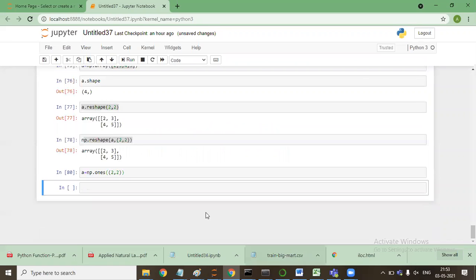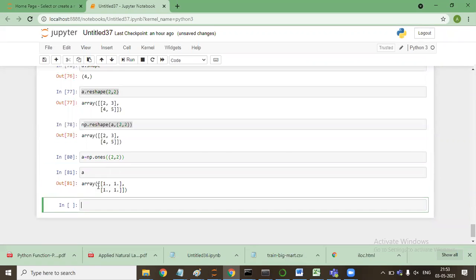Whenever we pass the shape, it is like a 2 by 2 matrix. If I say A, it is a 2 by 2 matrix.